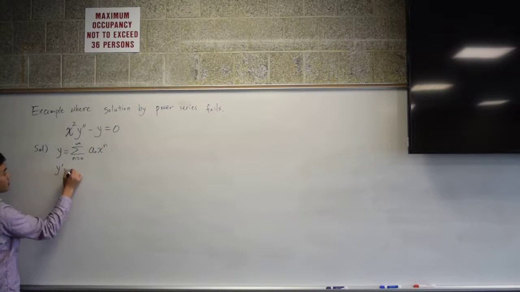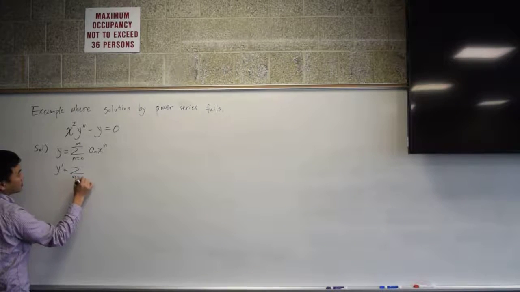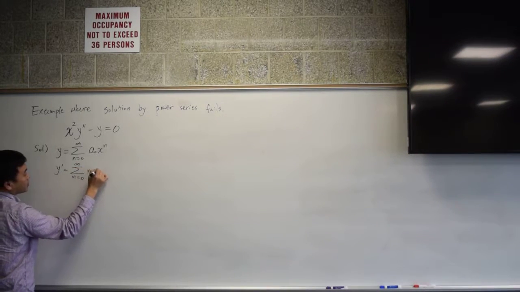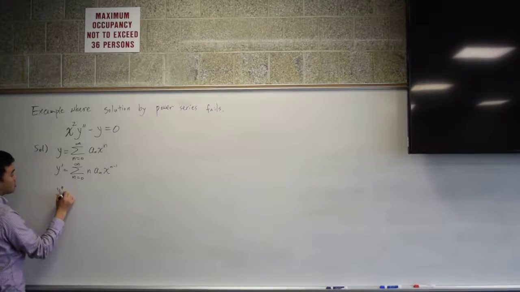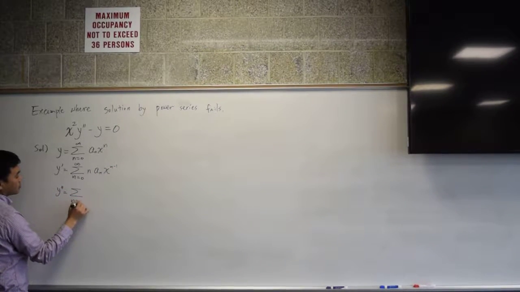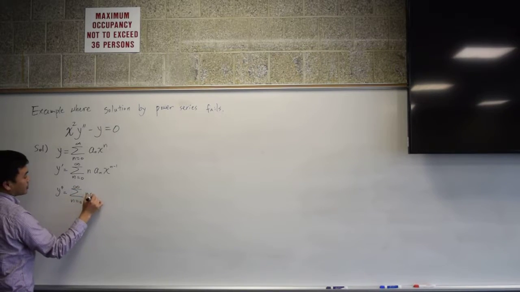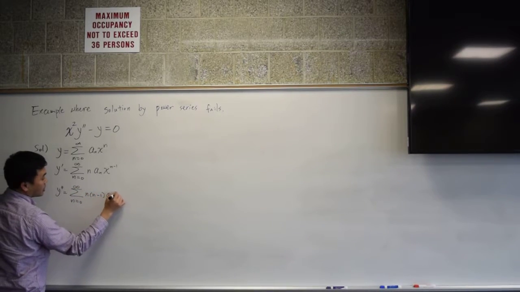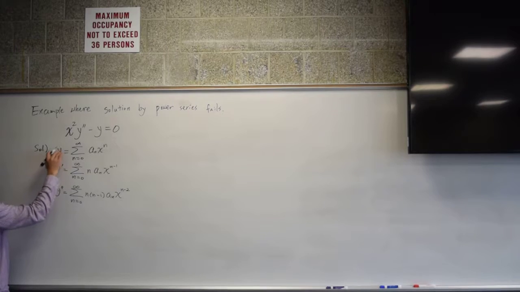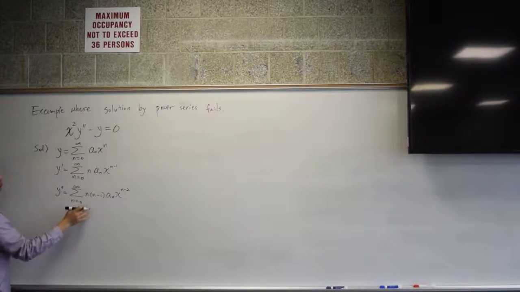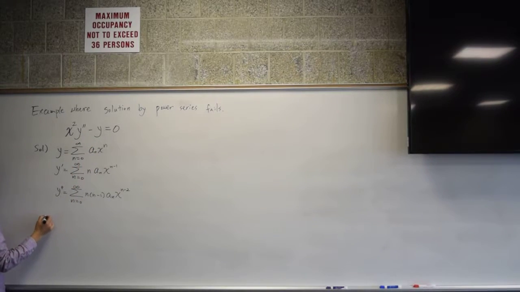Its derivative is n a_n x to the n minus 1, and y double prime is n times n minus 1 a_n x to the n minus 2. And you put these into here. Since y prime is not here, I don't even have to use this. Only these two get used in here. So the equation turns into